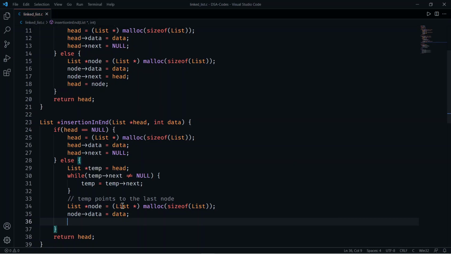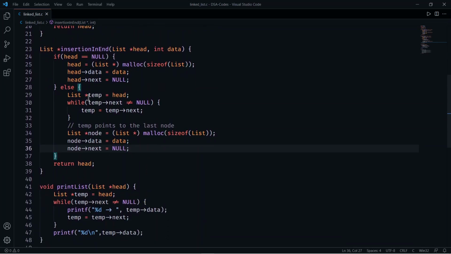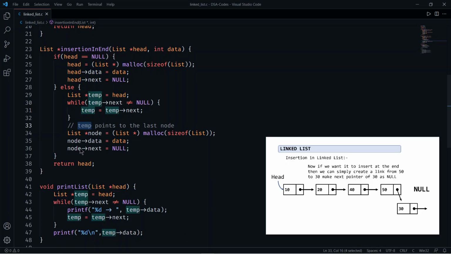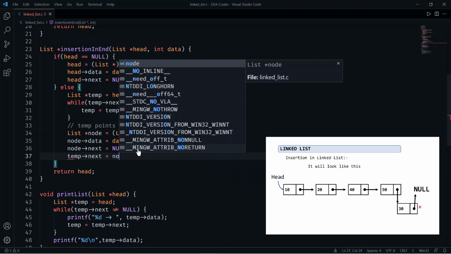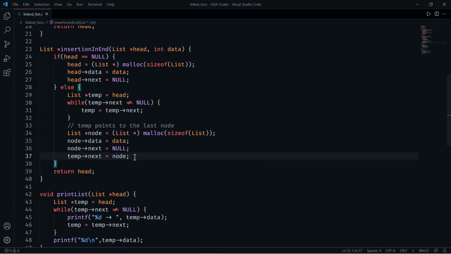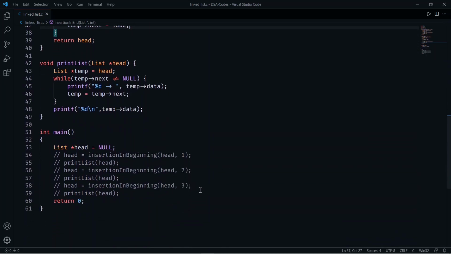Now as we are inserting in the end, our next pointer will be null, and the next pointer of this temp node should point to this node, that is temp arrow next equals to node. So we can check this as well, we can use this same thing here.